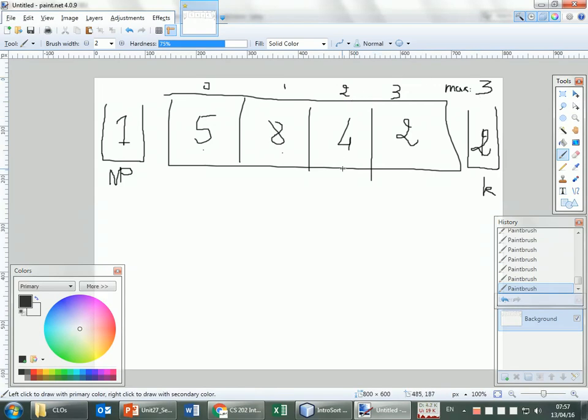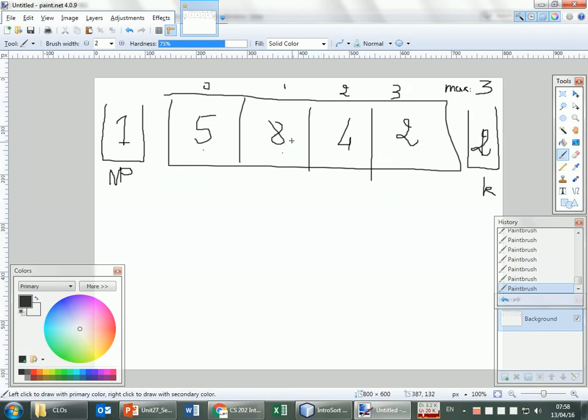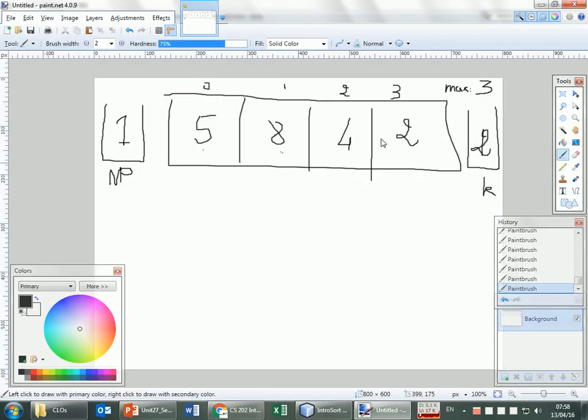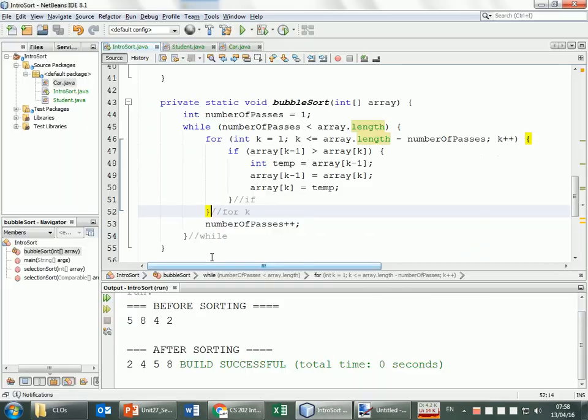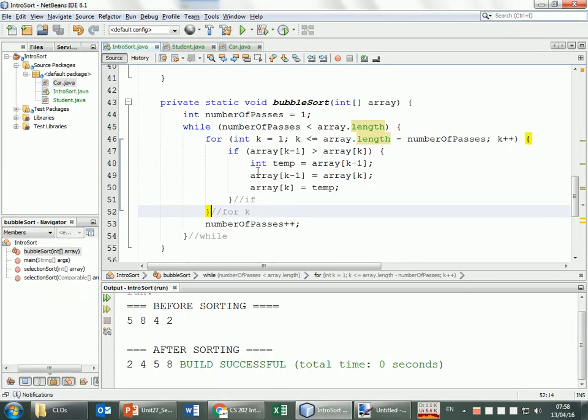Yes. Okay, get inside. Is array of k minus 1, so k minus 1, 2 minus 1 is 1. Is this one greater than array of k, array of 2? Yes. So what is it going to do? I'm going to swap them. So swapping them means this becomes 4 and this becomes 8. So do you notice that I'm pushing the 8 to the right? Now that I have done this,